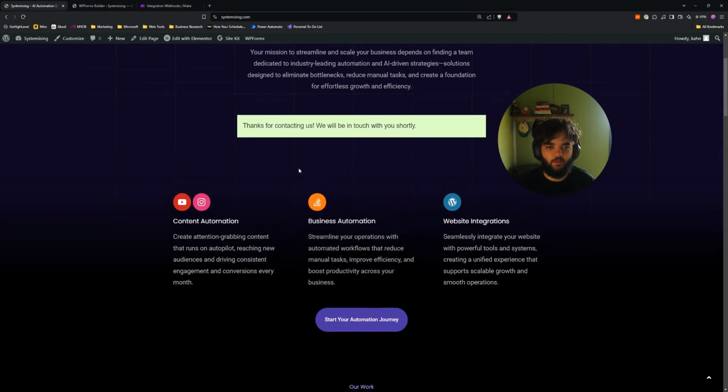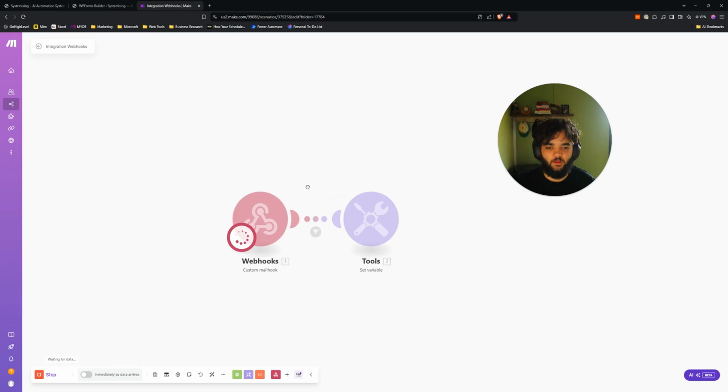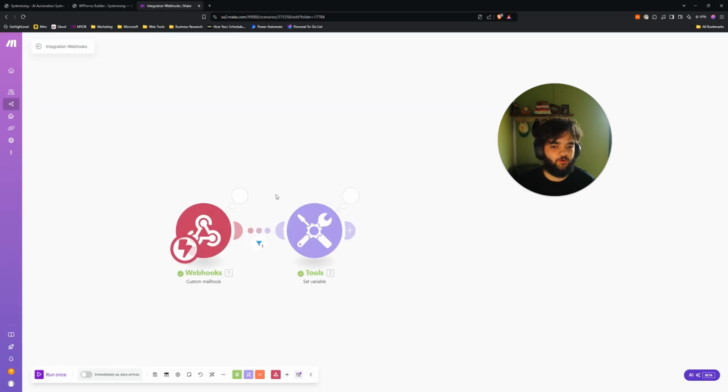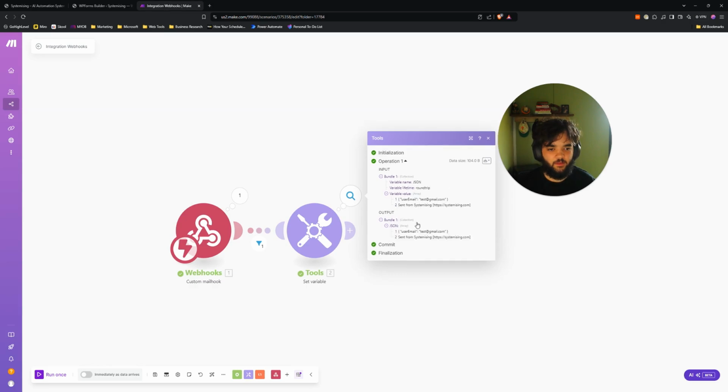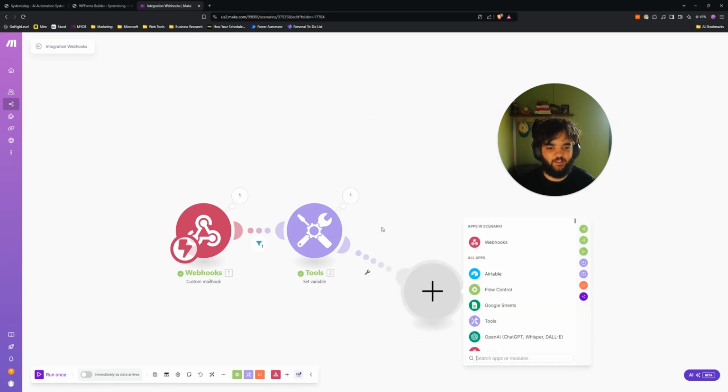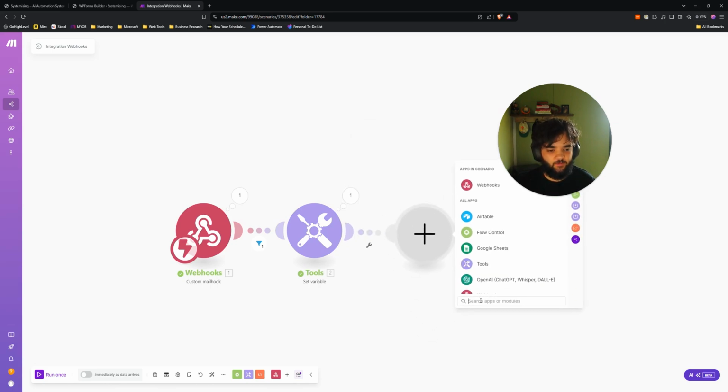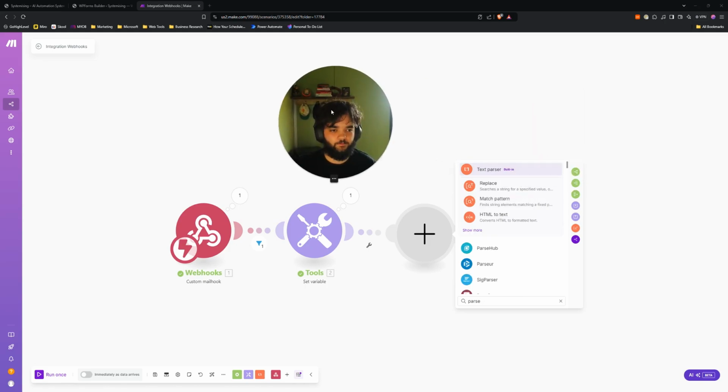And let's run this again. Wait for the mail hook or webhook to capture it. And as you can see, we have been able to split our JSON object and the sent from systemizing. Now, the next module we want to add in this step